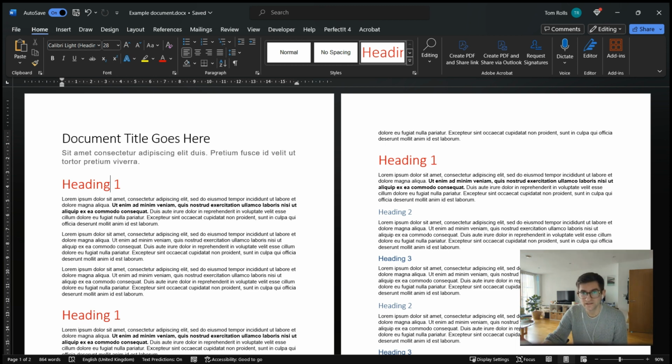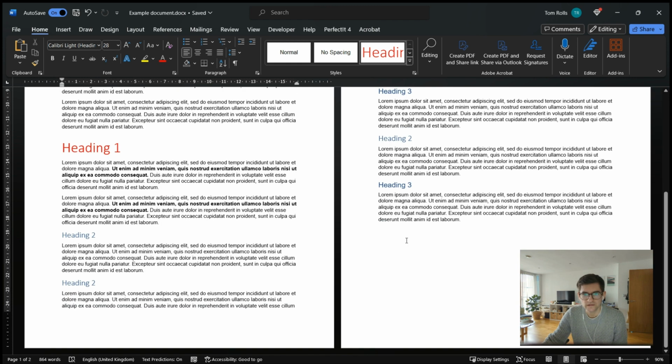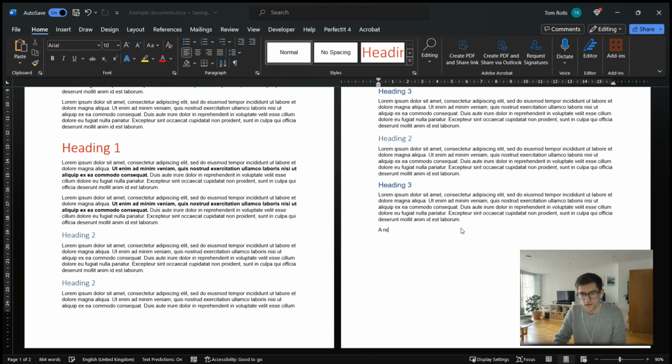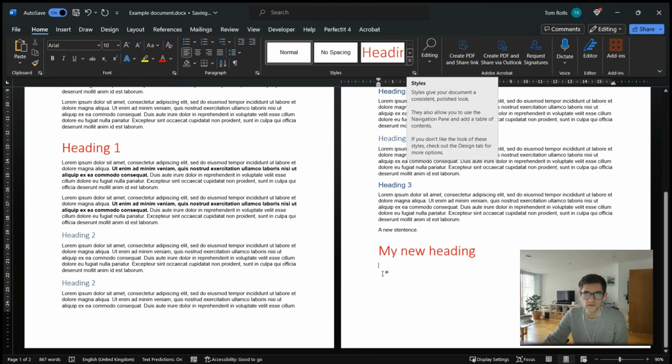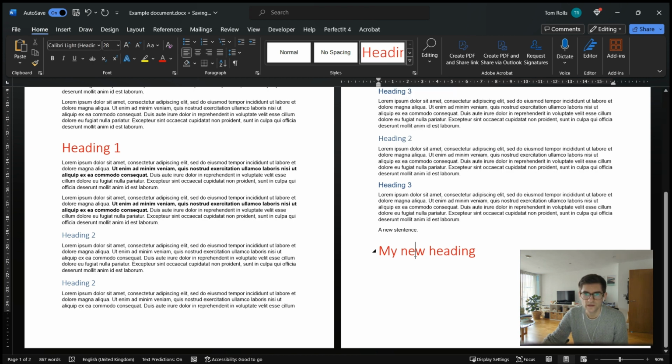How do we change text to a certain style, or how do I add new text, making sure that it is the style I want? Well, let's start by saying it's new text. So down here you'll see normal is selected. So if I type a new sentence, it'll come out as normal text. Now instead, let's say I want to add another heading here. Well, I'll just click heading 1. And here's my new heading. So each time I enter, heading 1 is currently set to make sure that the next line is normal. That's something you can edit